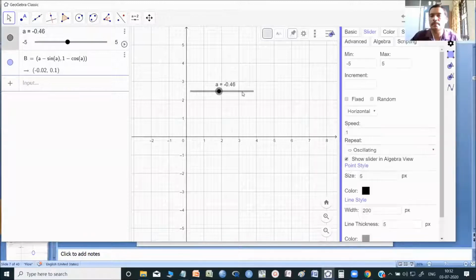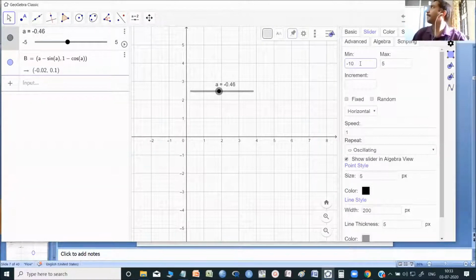Under the settings, I'm just making here -10 and +10. Okay, so I have increased the range of A. The parameter A is now from -10 to +10.